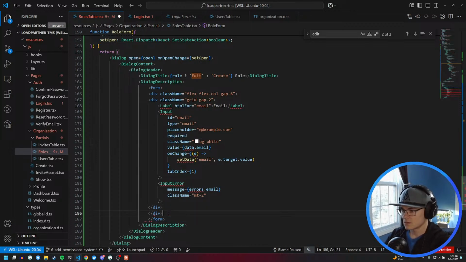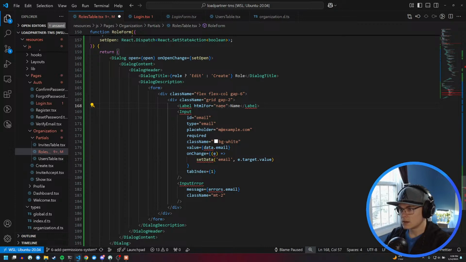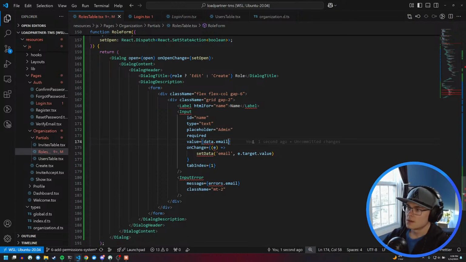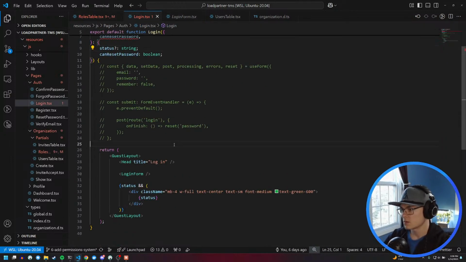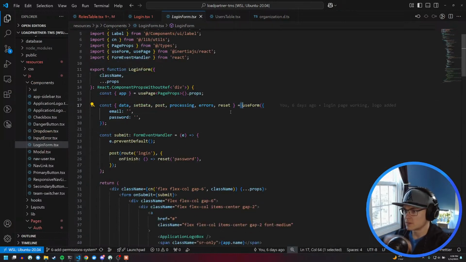I gotta close this div. So this is gonna be name, text, placeholder should be admin, sure. We don't need background white. We made that override already. Value equals data.email. So this is where we got to do the form stuff that I am not as familiar with. So we need, how does this work? We do use form. So I think we want to go,